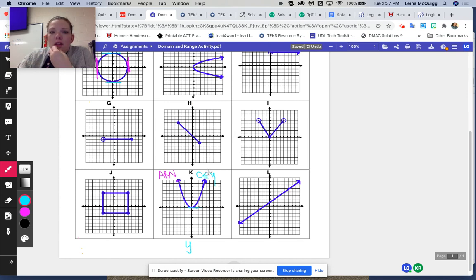I have to make sure I keep my symbol facing the same, open to the same thing. So here it's open towards y, so that means it needs to be open towards y this way. So y is greater than or equal to 0. That's the same thing. Y is greater than or equal to 0. Okay? All right. So I want you to finish